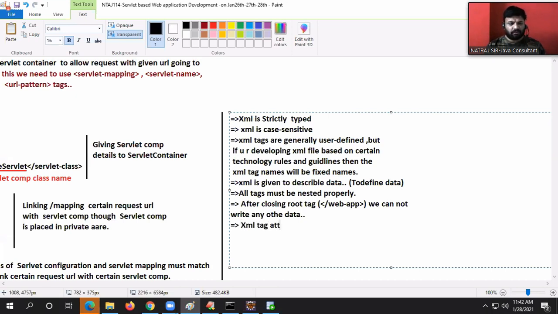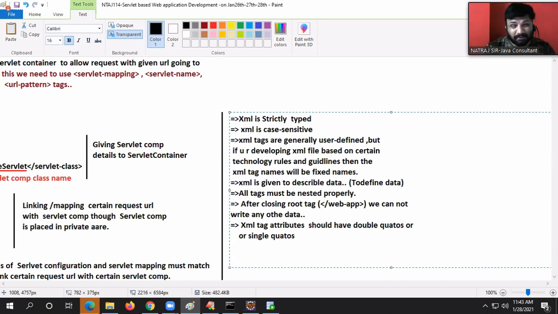XML tag attributes should have quotes, double quotes or single quotes.